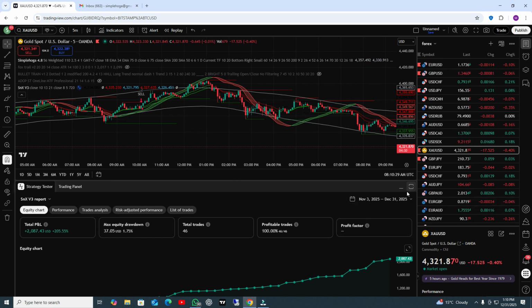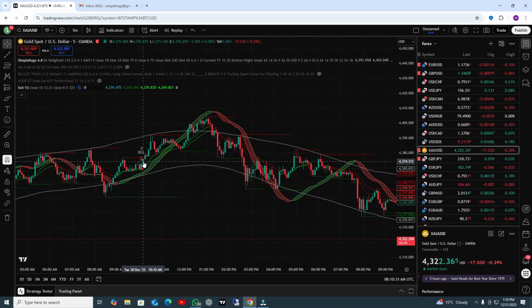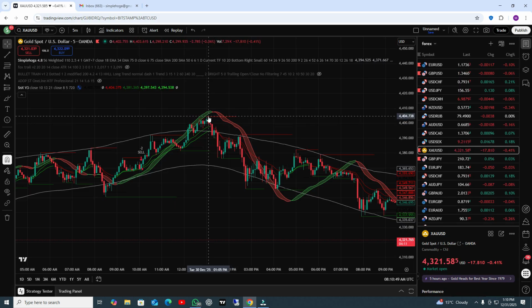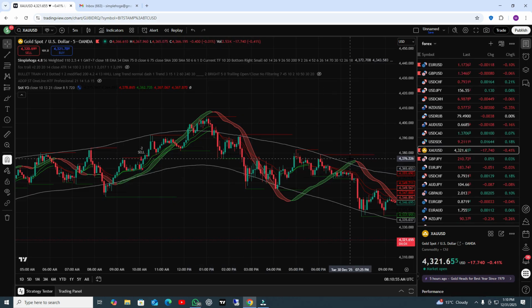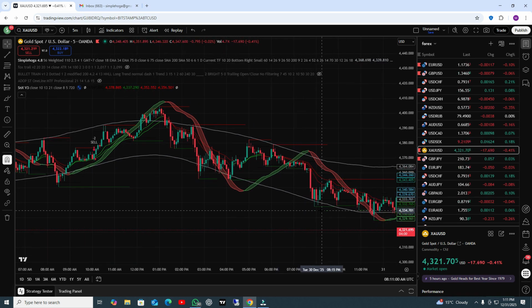Let me show you here. When you got the sell signal, you do not need to open your sell position at this point. You need to find a position when the RSI comes down from the upper band line and this green line changes to the red one. This is your sell position. Put your stop loss here and take profit when the candle touches the lower band line. That's it. Here you can see this sell position, and you can see the take profit.